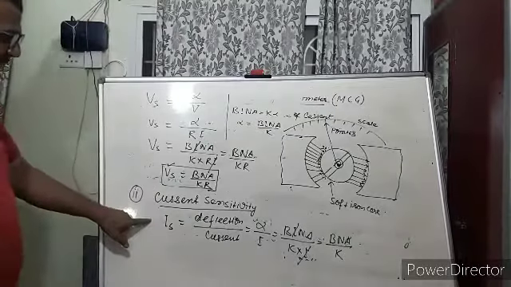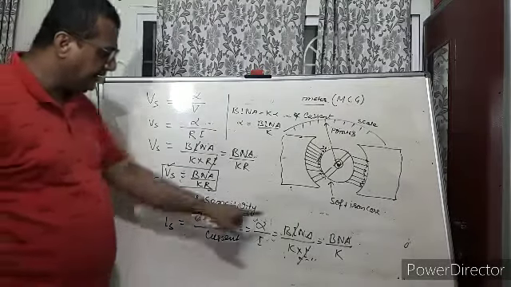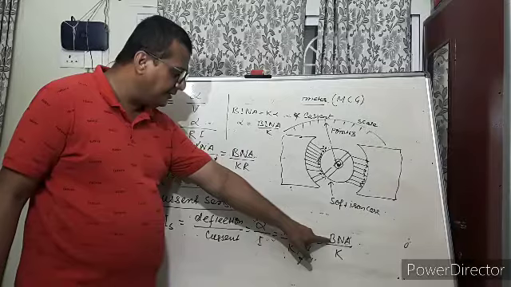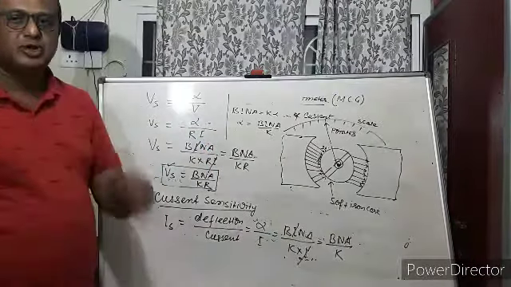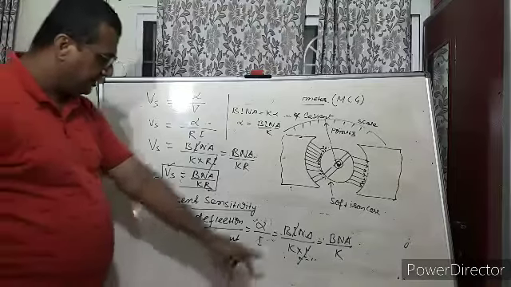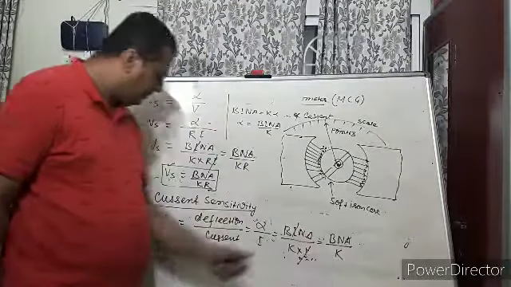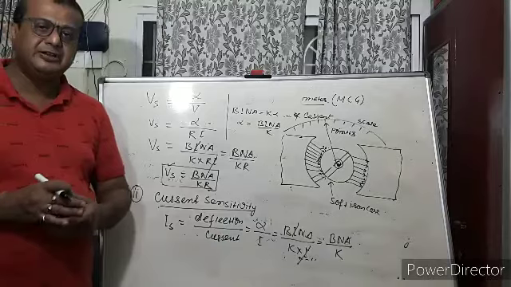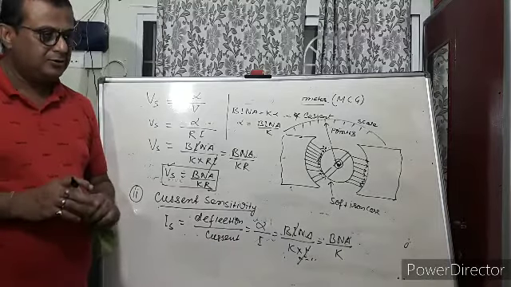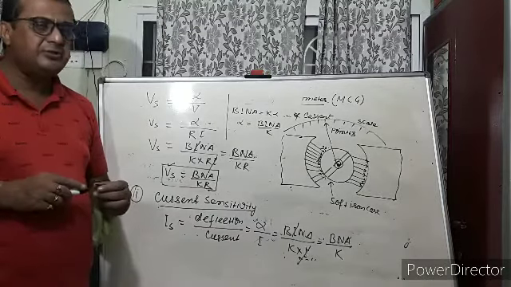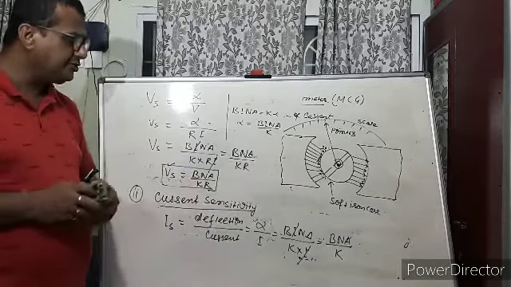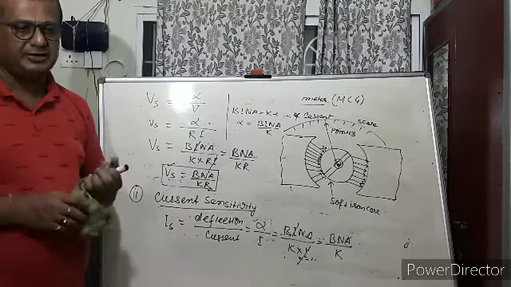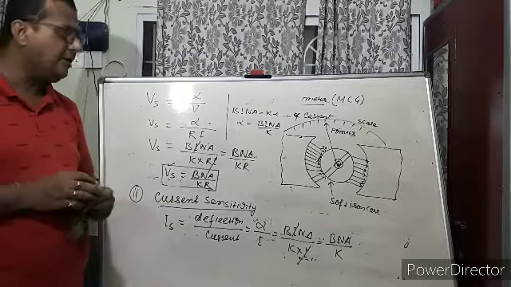Means current sensitivity can be increased by increasing the magnetic field, number of turns and area, but up to a certain extent. Similarly, if you decrease the value of K, current sensitivity will increase. So in this device we require sensitivity, so you can increase the number of turns but up to a certain extent.